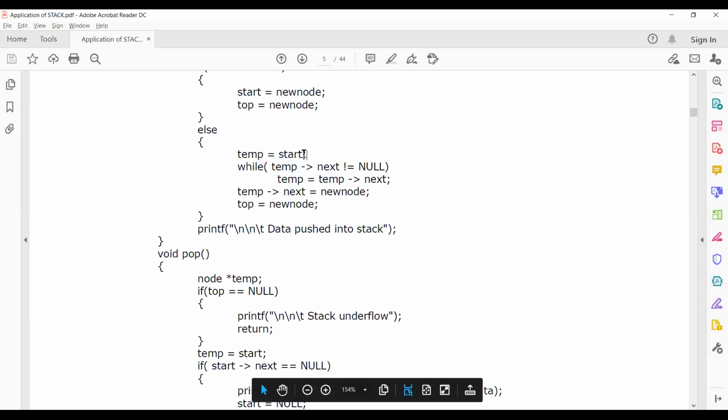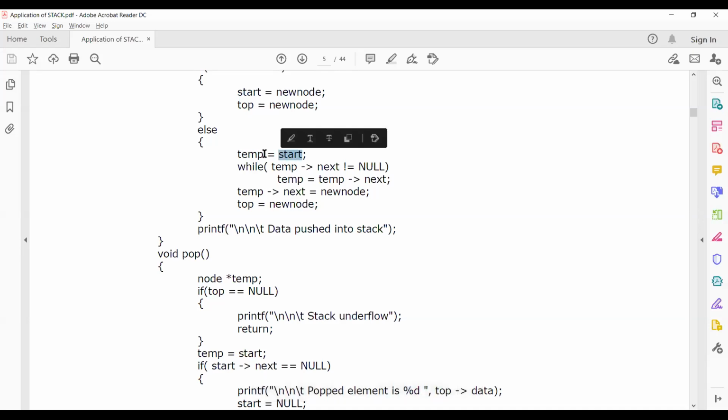I can update that variable. I don't need to disturb the start variable. Let it be aside. That is one advantage. The other advantage is that I want to check whether every node's next field is null or not. For that case also, I'll use the temporary variable. So there are two reasons I'm assigning the start variable to the temp variable.